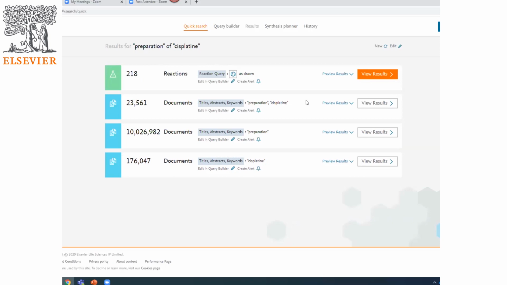One of the interesting features of Reaxys, please pay attention, it's not obvious and not trivial, and usually people who don't visit trainings and webinars are not aware of it. So it's like a special secret just for you. Here is a magic button, which is called Edit and Query Builder. If you click this button, Reaxys will show you how exactly the search is done.